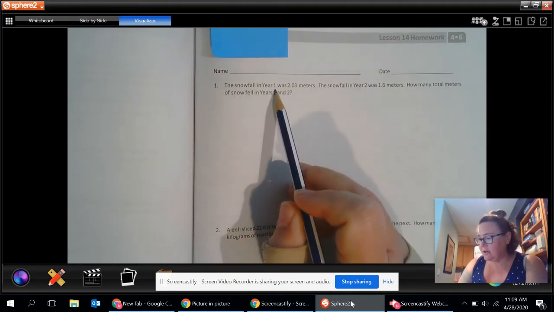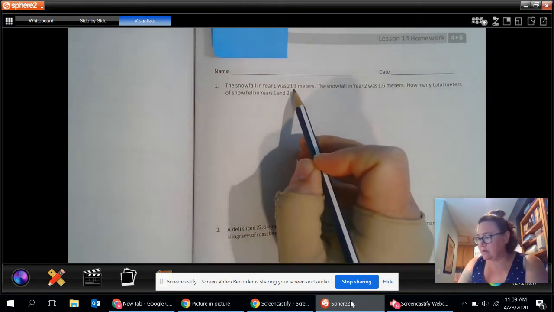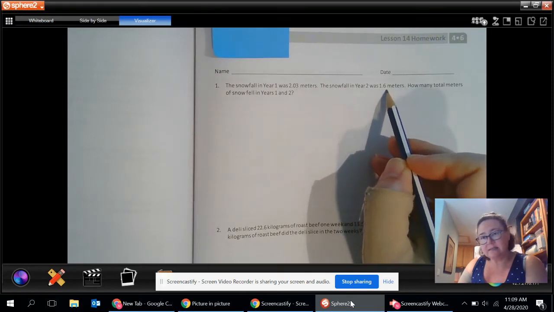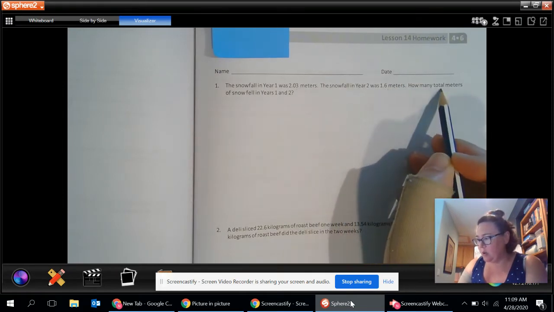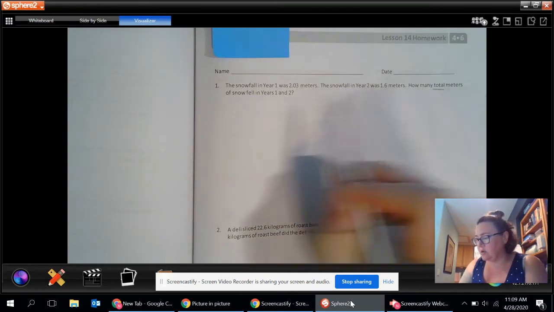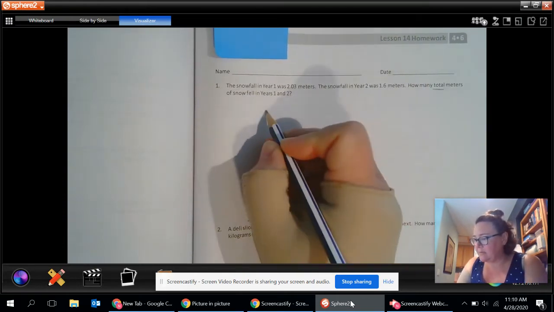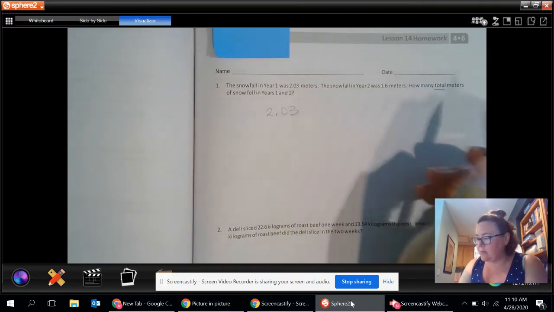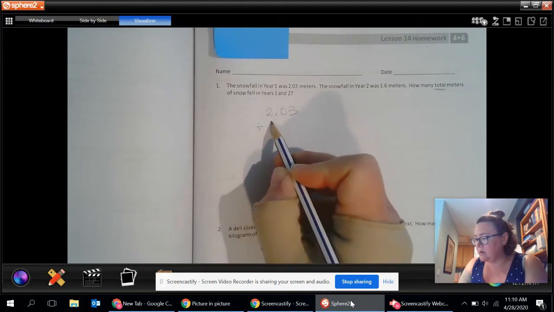The snowfall in year 1 was 2 3/100 meters. The snowfall in year 2 was 1 6/10 meters. How many total meters of snow fell in years 1 and 2? So we're looking for a total. We're putting the 2 years together. So we have 2 3/100. If we're putting them together, we're going to be adding 1